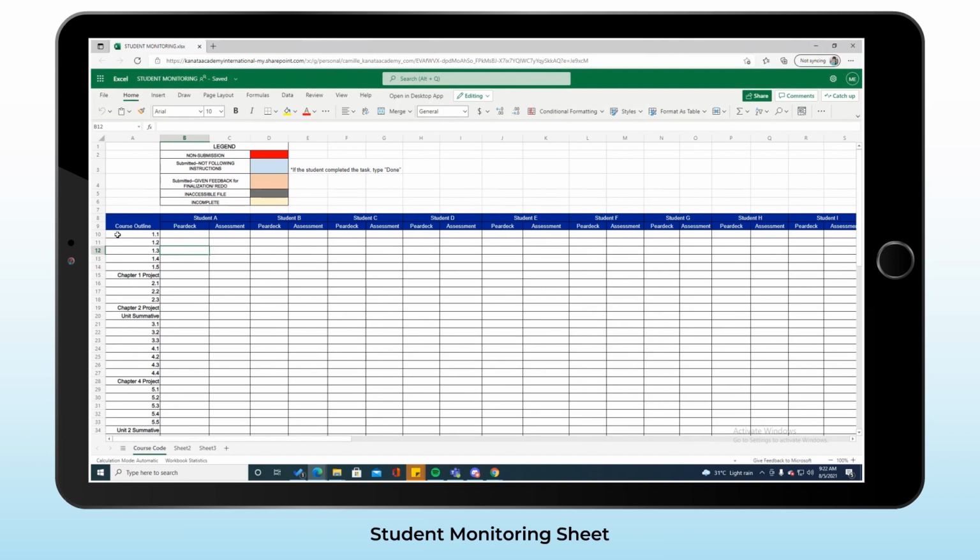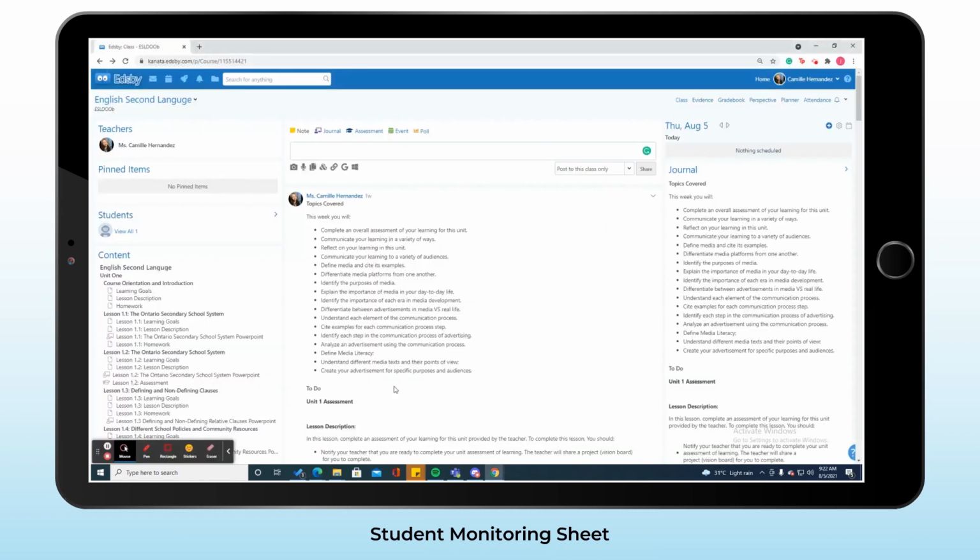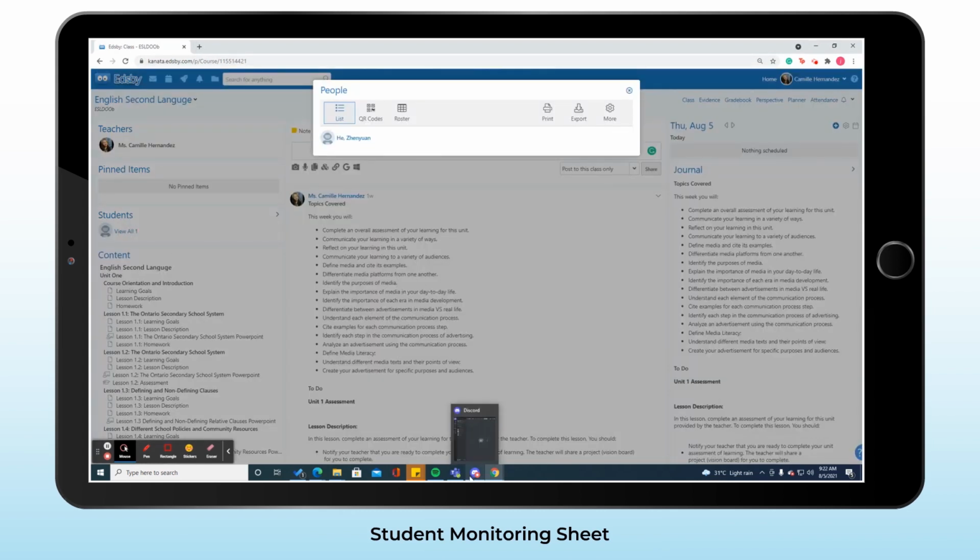So on the left side, you already have the outline for the course. And at the top, you will have to write the names of the students. Each course has its own student monitoring sheet. For example, I have a student in ESLDO, and I would be tracking his progress in the student monitoring sheet. So I simply have to type the name of my student at the top. Let's say